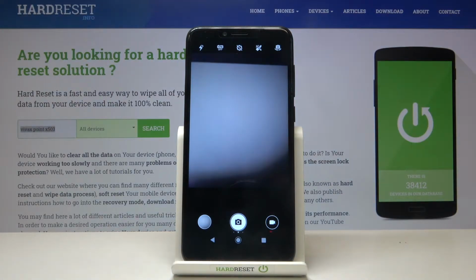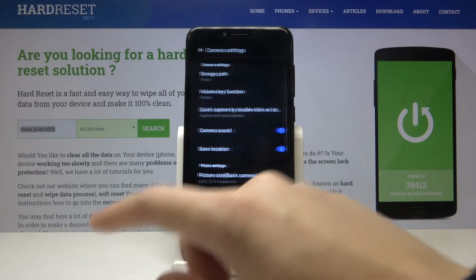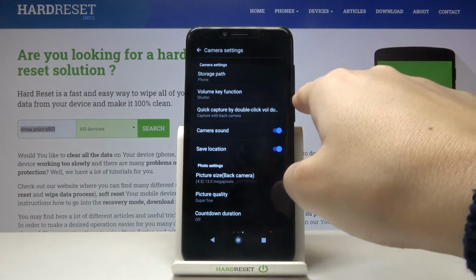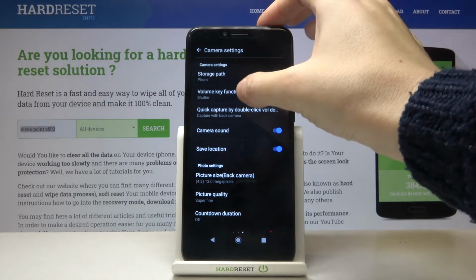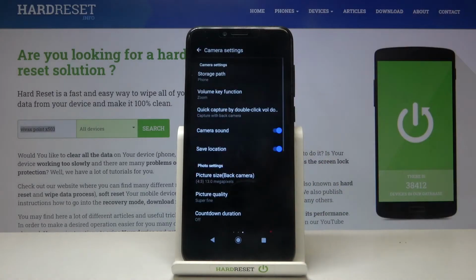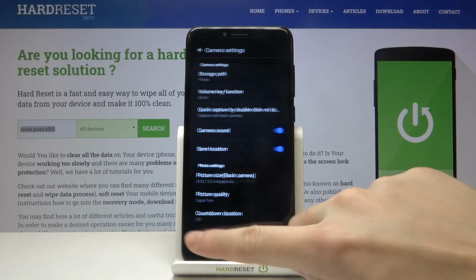To change that function we have to just simply slide a little bit to the right to the advanced camera settings, and here we have volume key function, so let's tap on it, and now we can change it from shutter, which is now, to volume or zoom. So for now let me pick zoom to show you how it works different, and let's go back to the